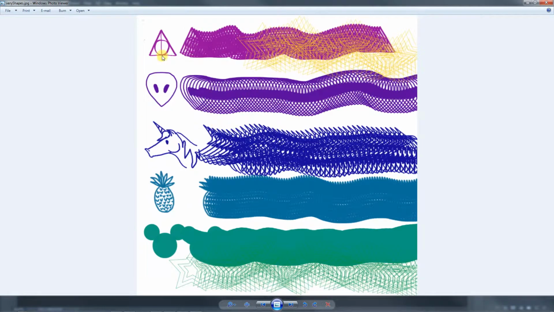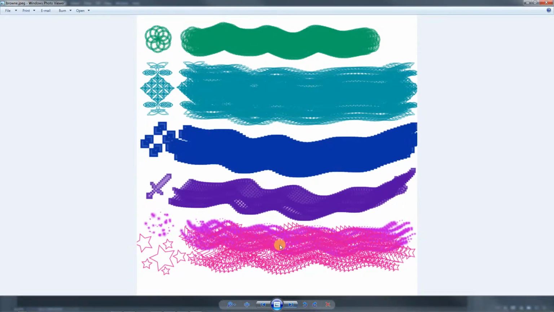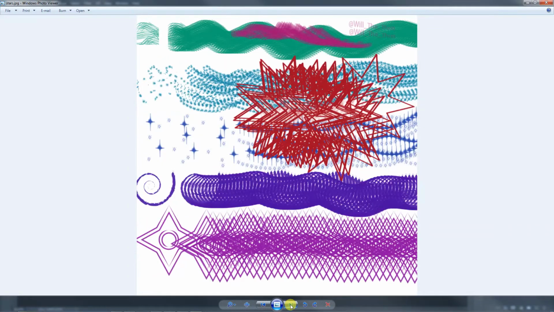These are all stamps. So they're hand-drawn. They're not made using Illustrator or anything. Even this could have been made using shapes in Photoshop. But you can see how it's not really going to make too much of a brush for dragging. It's going to be a stamp. These are more stamps too. So most people have fun making stamp brushes and drawing those kinds of patterns. All right, so